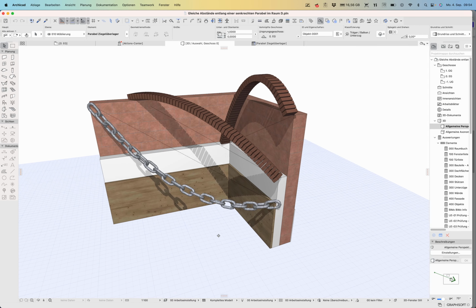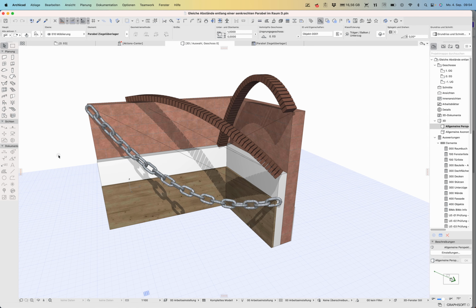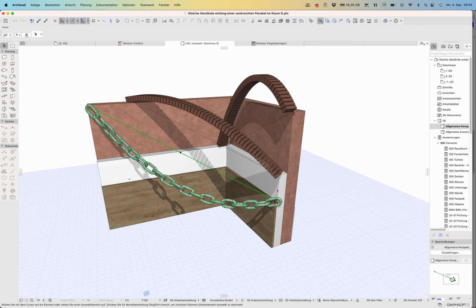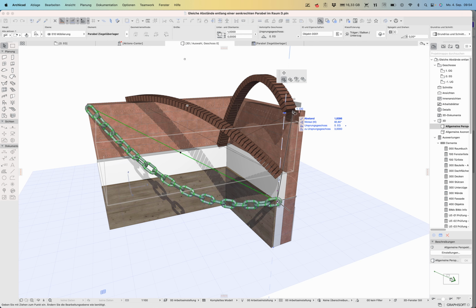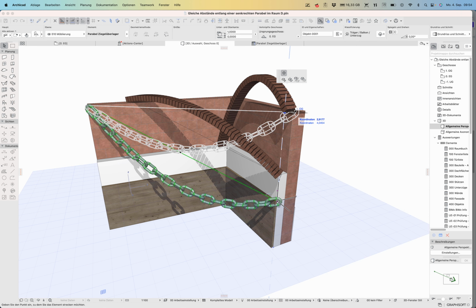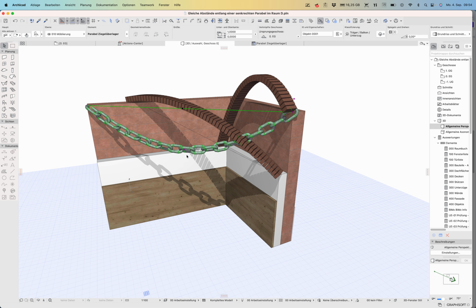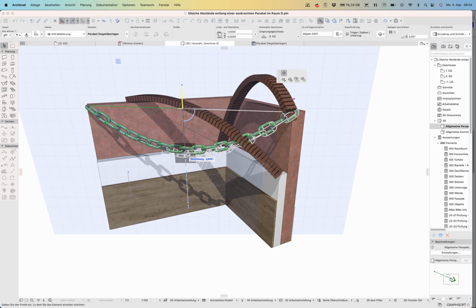So maybe you know my older things to get something to work like this, but on a parabola